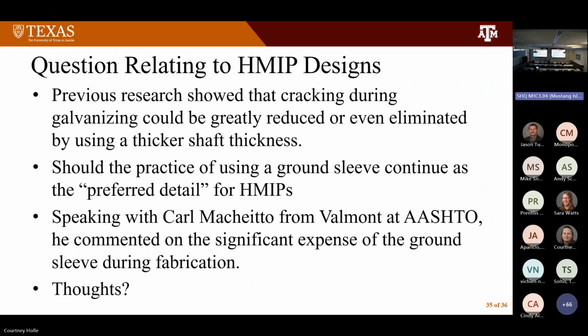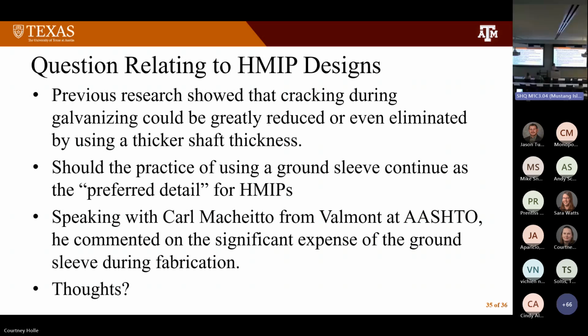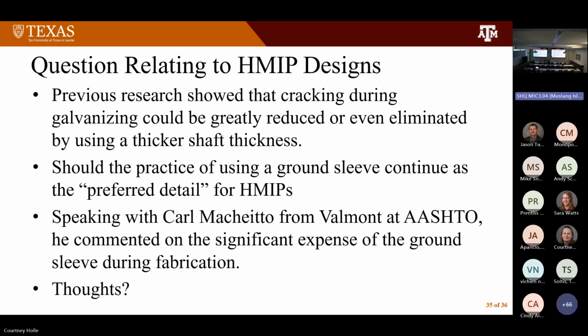And if you take the effective pole diameter over the wall thickness, if you keep it below 70, you didn't get that cracking. And frankly, it's a lot cleaner connection. I understand with the ground sleeve you have a thicker section, so maybe you get better cracking performance, but it is also a messier connection. So it might be something to think a little bit about. And by the way, you're not increasing the wall thickness in the high mast pole the entire length. It's the base section. If you want to stick with a 5/16 inch wall thickness for the upper tiers, you still could do that. But it's just something to consider.